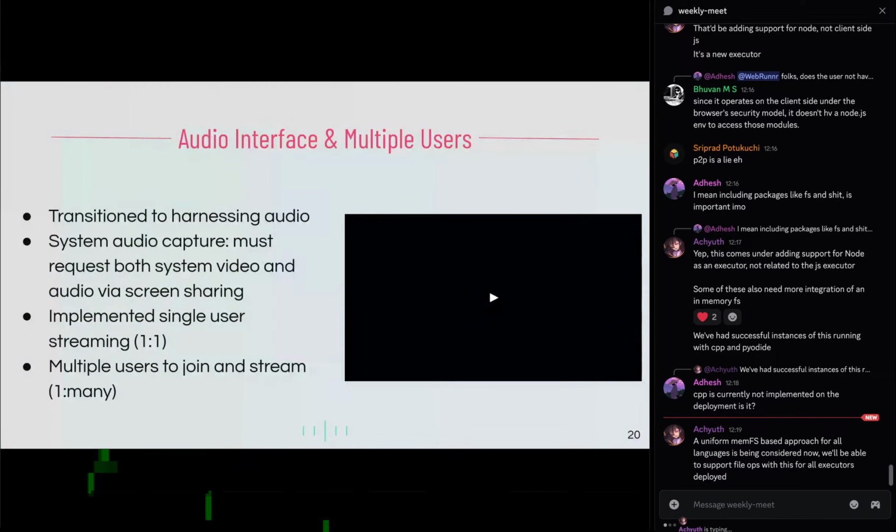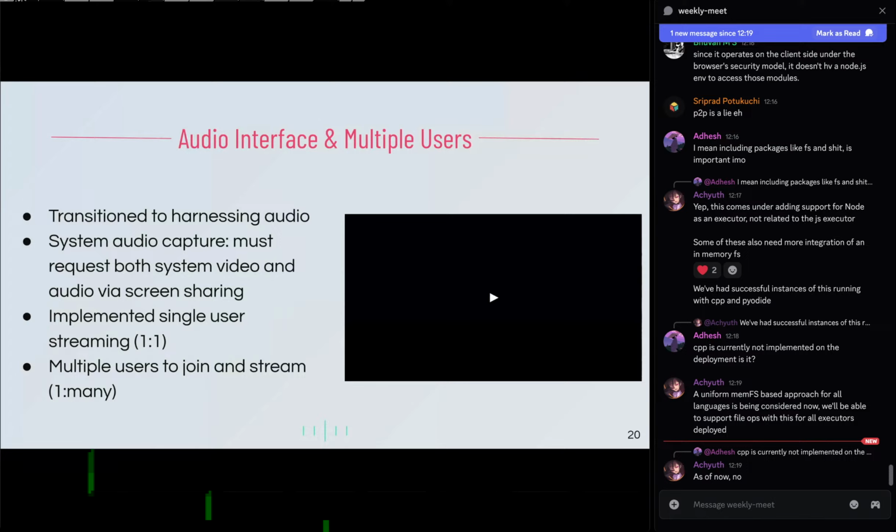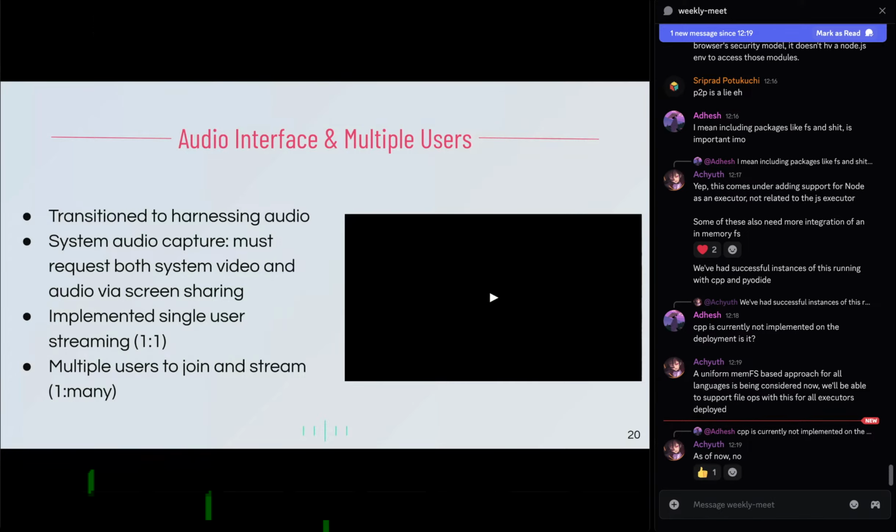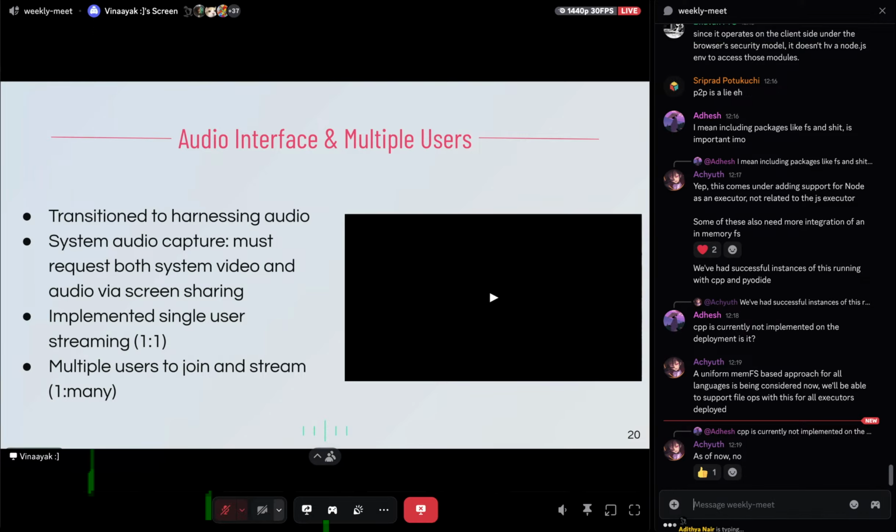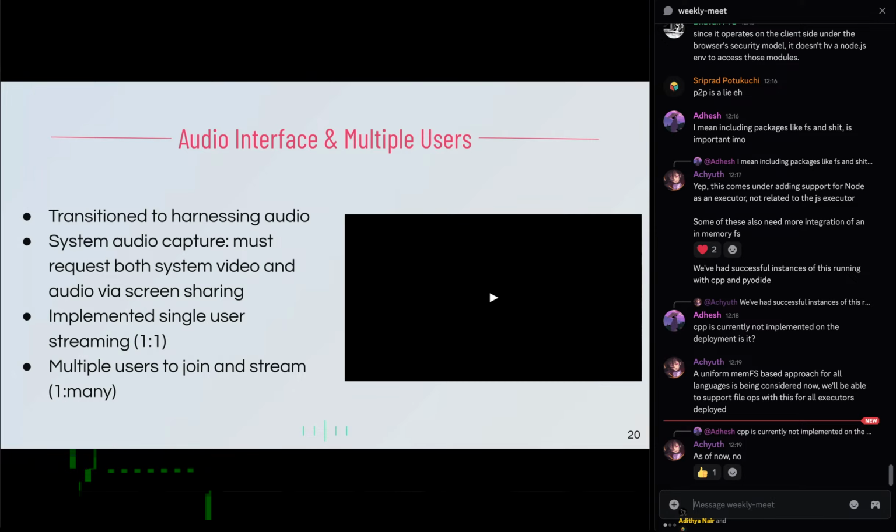Comes the audio interface where we transition to system audio capture. Now, here there's a catch. Browsers don't let you capture only system audio, so there's no straightforward approach. The workaround here is to basically request both system video and audio via screen sharing. So now that we requested both streams, we just simply ignore the video part of it and then utilize just